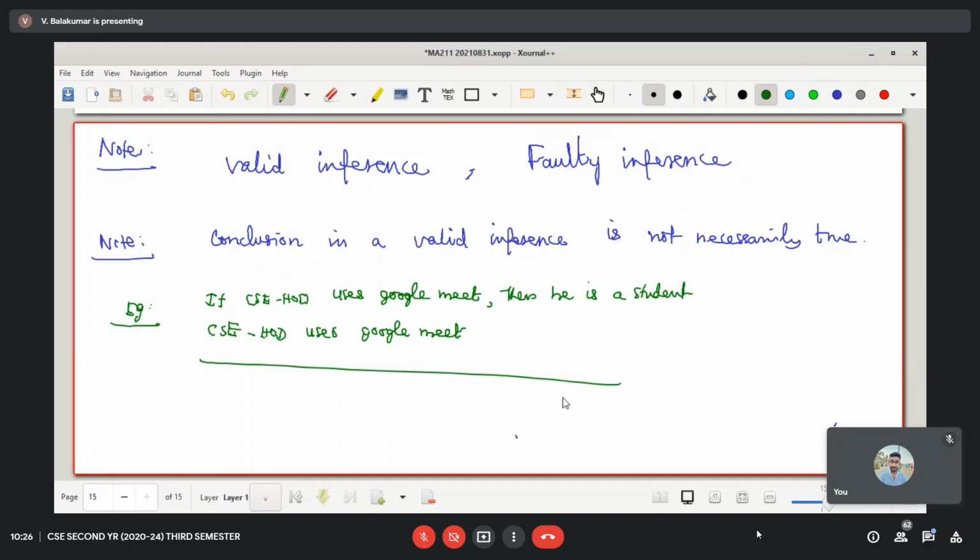What can you conclude from these two? If CSE HOD uses Google Meet, then he is a student. That I have given. It is true statement. Another statement I give you, CSE HOD uses Google Meet. Can somebody tell me the conclusion? Can you say anything further? What can you conclude from these two things?